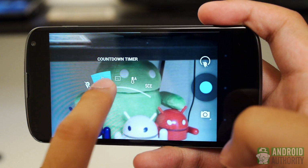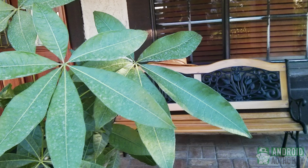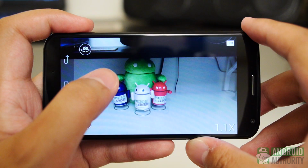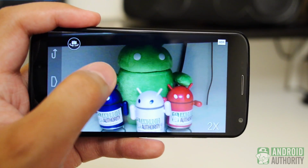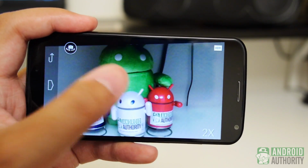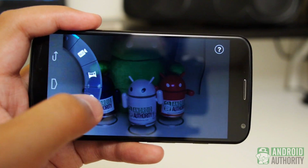Picture quality is perfectly usable, but doesn't really pop out like the pictures of some of today's better cameras. Shutter to file speeds though are quite good, so you can easily rack up a lot of pictures in a short time. The Moto X unfortunately doesn't really reach the level of today's best 13-megapixel shooters. The app is also very simple, utilizing swipes to access menus, and includes slow-motion video as the replacement for the